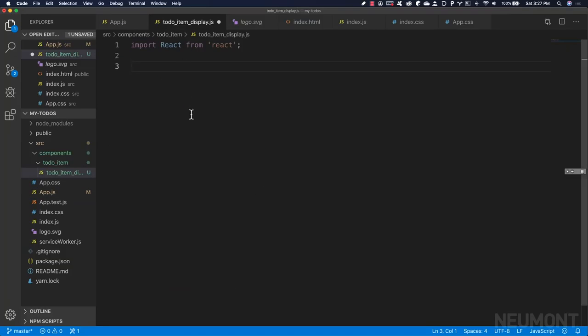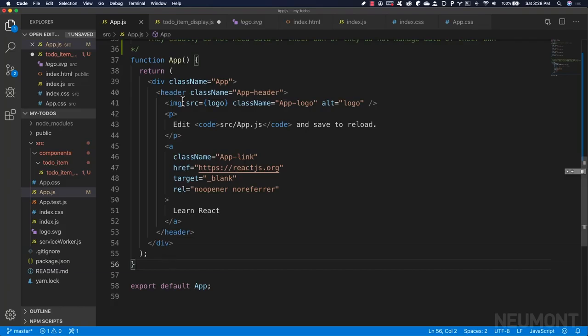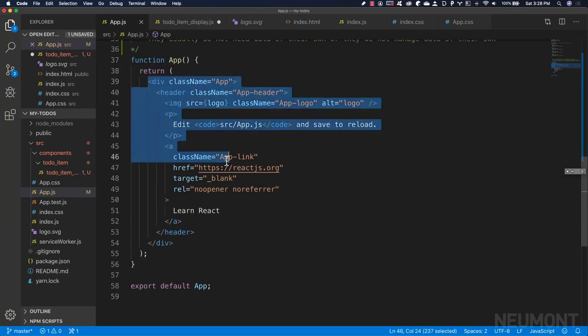So let's go ahead and create our function. And we're going to name it just like we did our file, except for, of course, it's going to be a to-do item display. And it's just a function. And in this function, we are going to return a block of JSX. Now we haven't decided what that JSX looks like yet, so I'm just going to go ahead and have that block right there. Now, every component has to have a root piece of JSX,